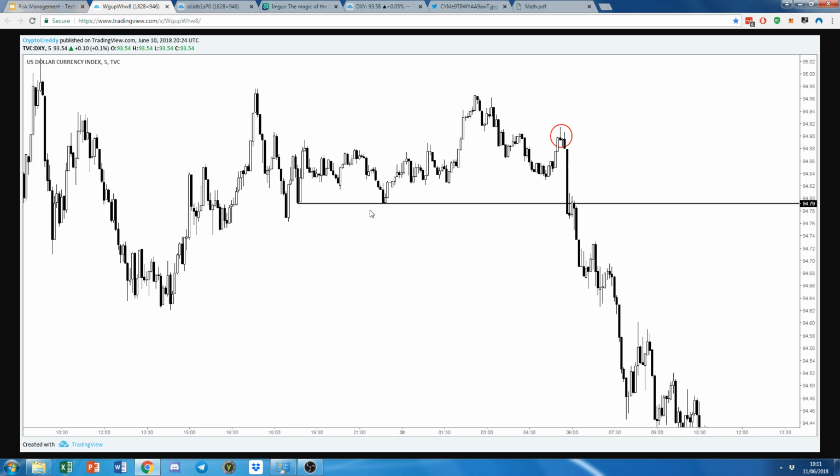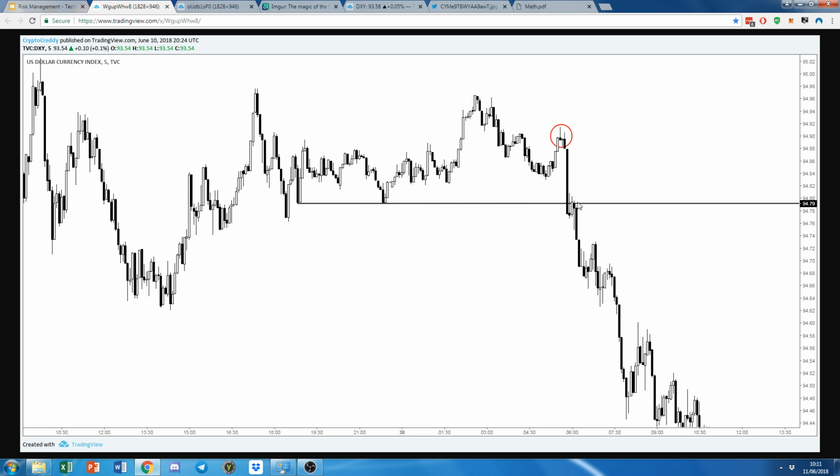Well, if you're right that the market structure has just turned bearish and that this support level has turned to resistance, if you're aggressive, you could put a stop just above this high as it starts to reject. But a more conservative stop would, for me, at least for the start of the trade, be above this high or clear of these highs. Because my thesis or reason for entering the trade is that market structure has broken to the downside,